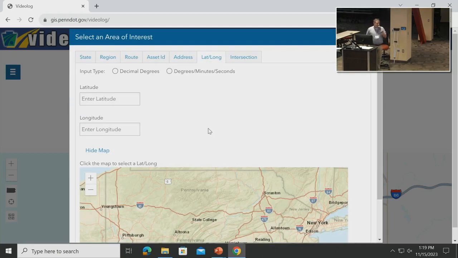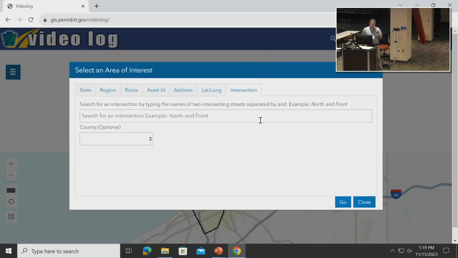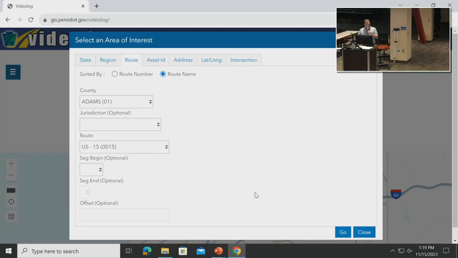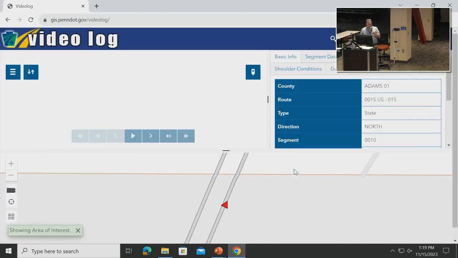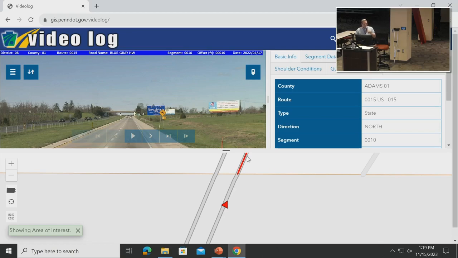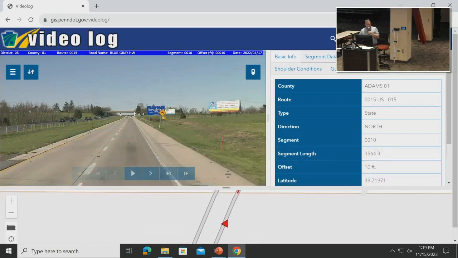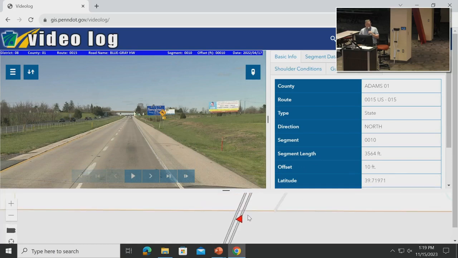Of course, you always have to have latitude and longitude if you want it to be able to go to that location. Or, listen, I don't really like this one too much, but you can go by intersection. So if you have 2 roads that you know intersect, and that's where you want to go, you could put that in there as well. So we're just going to go by a route like I was doing, and it'll take me right down to the entryway to Pennsylvania, right on US 15. And as you can see, we can drag and move that around, and zoom in on the map with the location.